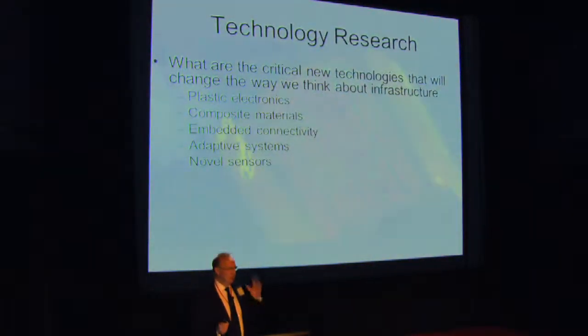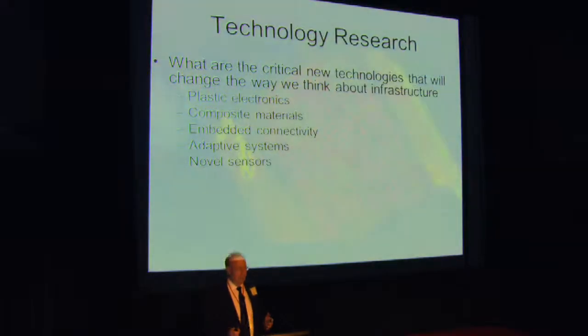Going to very quickly talk about some of the technologies. What are the critical technologies that we need and why do we need them? Plastic electronics is actually catching on big time in the UK. You say, why do I need that? Well, if you want sensors everywhere and you want computer processing everywhere, this is a very cheap way of delivering very low-cost sensors and very adaptable processing at very low prices. And if we're going to have what some Americans call smart dust, which are connected sensors, then you need this